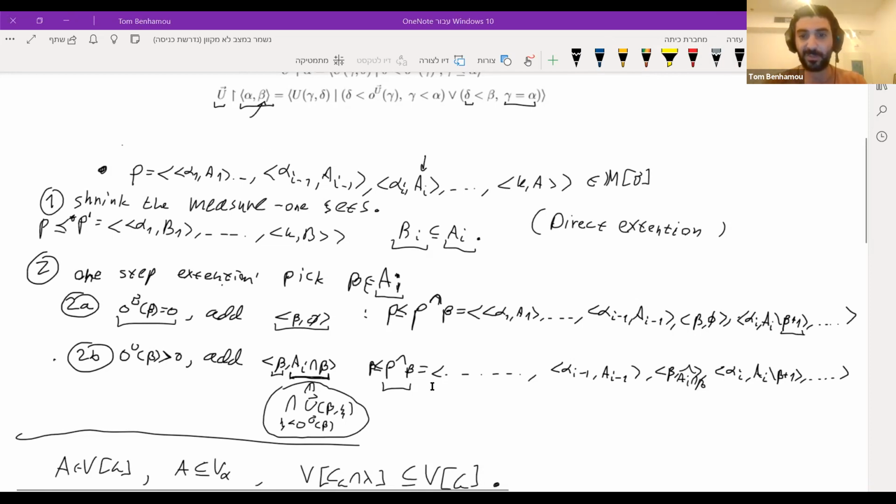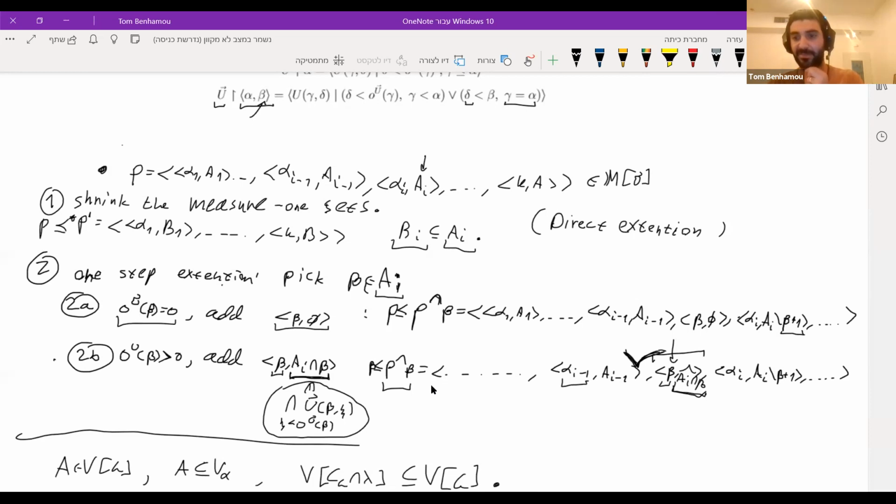So the point of this, when you add this pair here, beta, AI intersection beta, this means you're adding beta to the generic club, and now you would like to see what set is responsive. You would like to provide a set of candidates for the continuation of the sequence, but in the interval alpha I minus 1 and beta. So when you intersect, you must intersect it with beta to get a set of candidates in this interval.